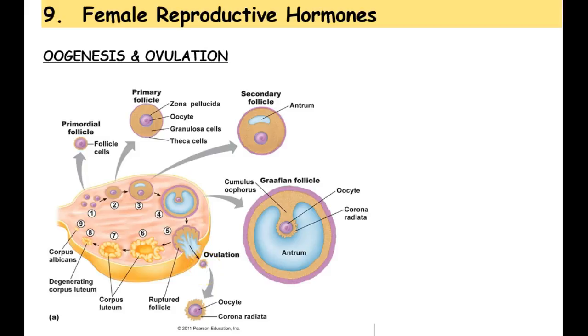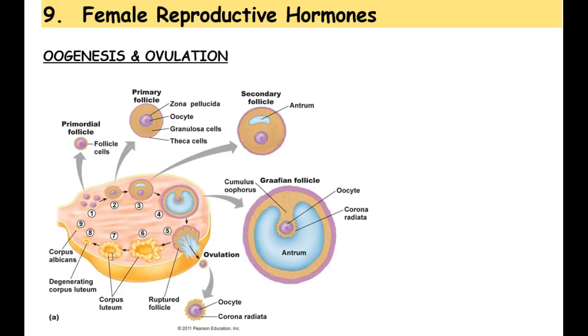And that's actually what happens every month for women when they go through their menstrual cycle. Now, I want you to pay attention to what remains after the ovum is ejected. You have these cells that still remain, and they form into what's called the corpus luteum. And the corpus luteum is going to play an important part in the development and secretion of some other hormones